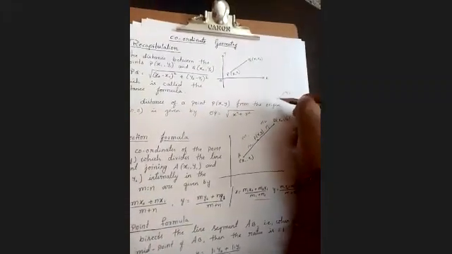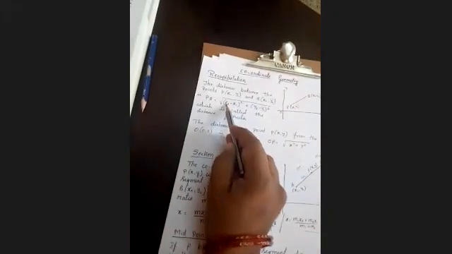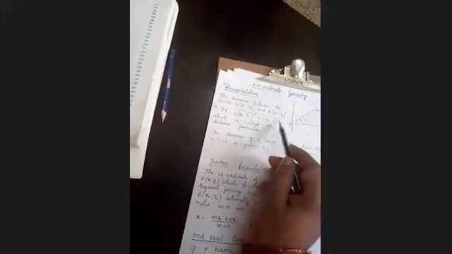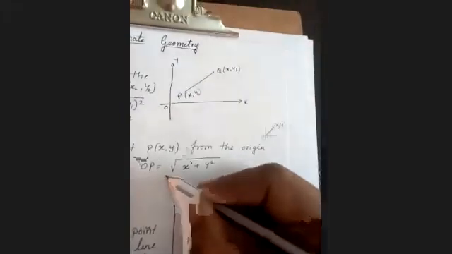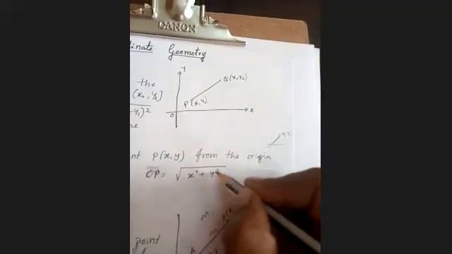When we take the origin, the coordinates of the origin, you all know, are 0, 0. The other point P of x, y I have taken. If one part becomes 0, then the other part is x, meaning (0 minus x) square plus (0 minus y) square. Finally we'll get the distance from the origin to P. The distance O to P will become the square root of x square plus y square. Till here we have learnt in our previous class, that is exercise 7.1.